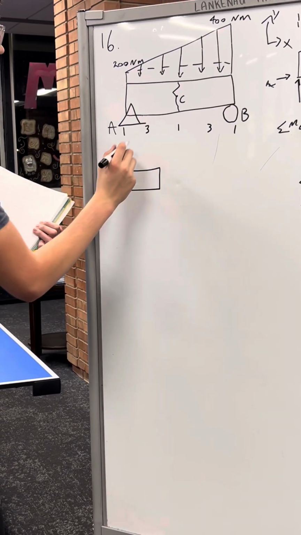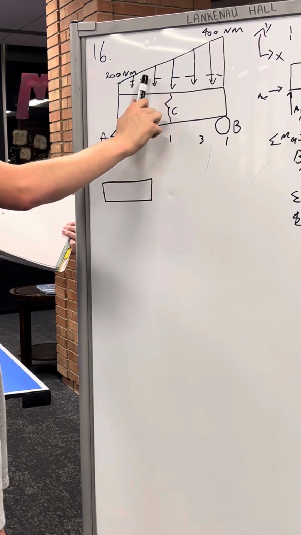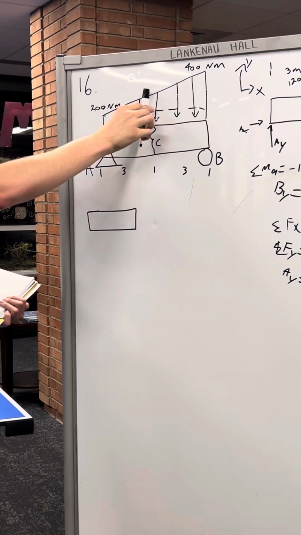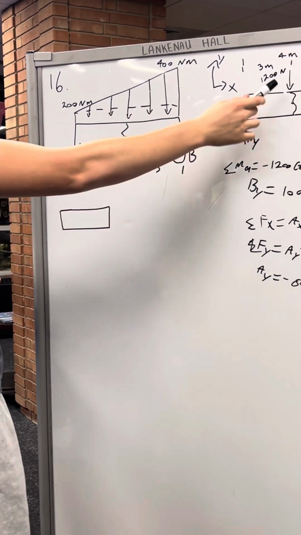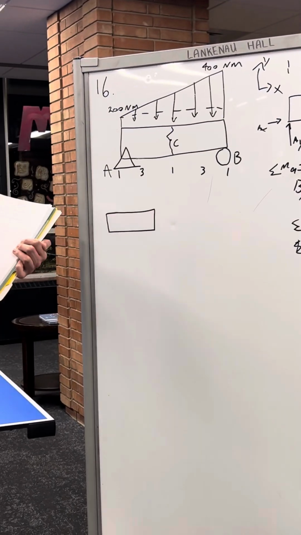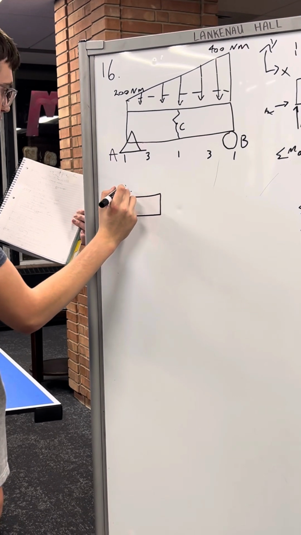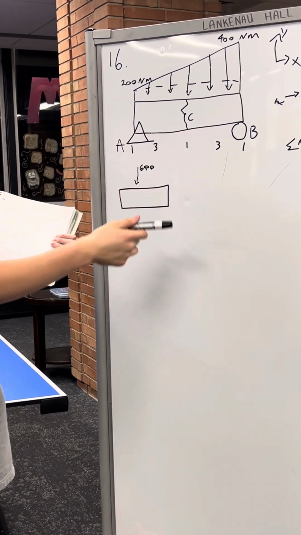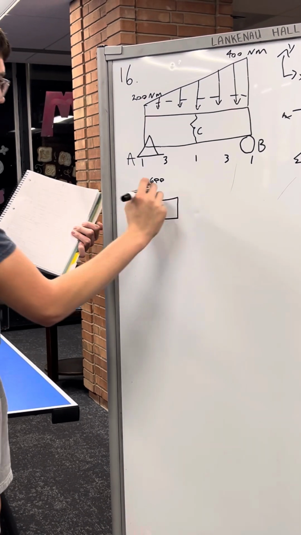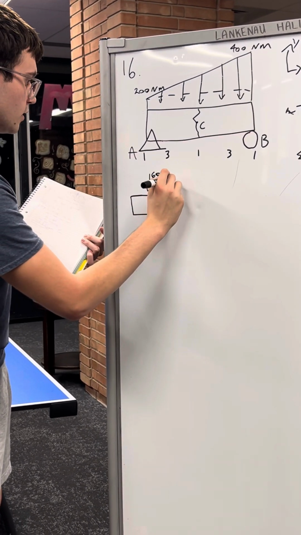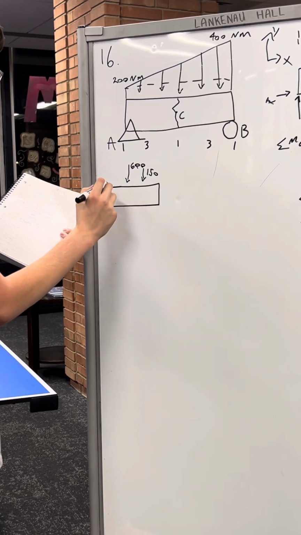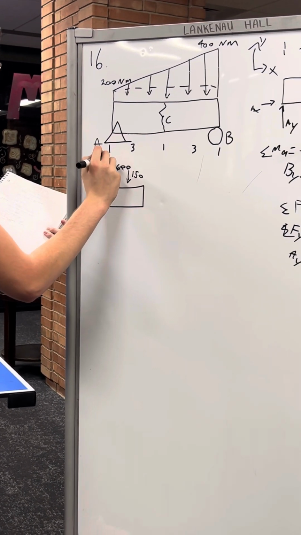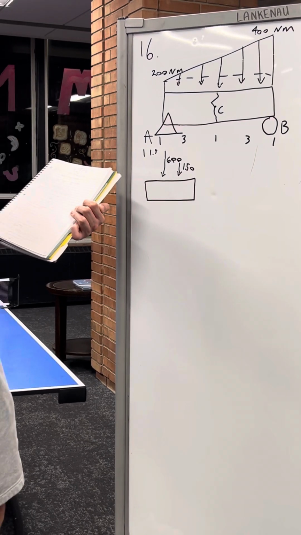Since we only have half, we're taking our distributed load as only having the magnitude of half of this. So it's not going to be 1200 or 600. We're going to have 600 right down the middle, and then we're going to have 150 over here, and 600 is going to be at a distance of 1.5 feet, and then